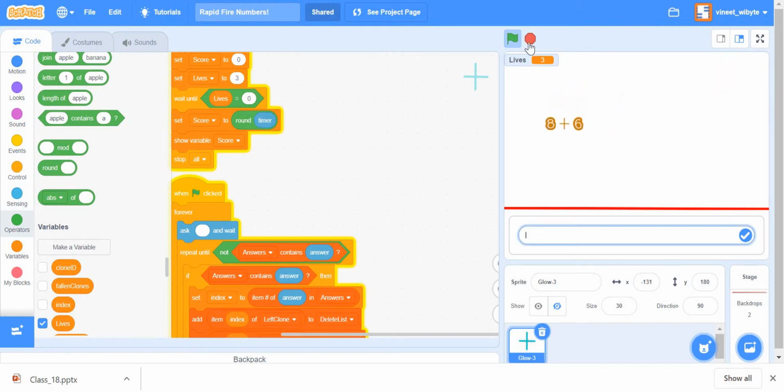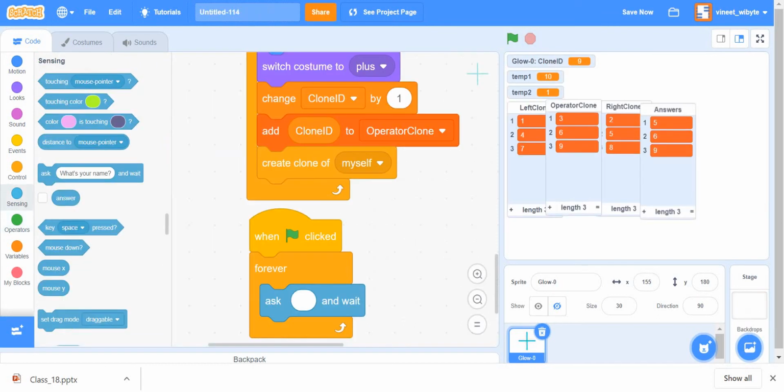To do this, what we will do is use this list called answers. Remember, answers contains the correct answer that we are expecting from the user, right? By doing ask and wait, we are giving the user an opportunity to reply.